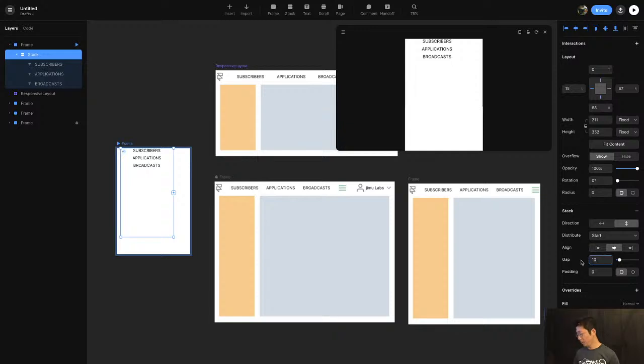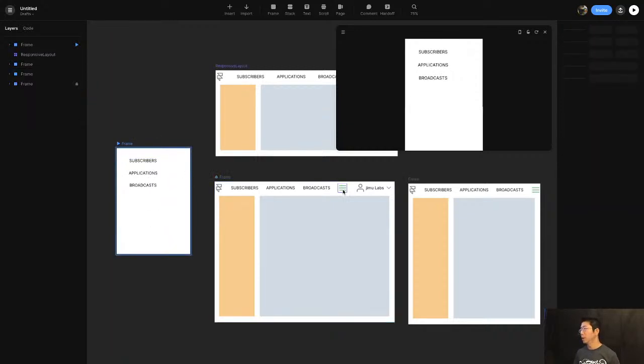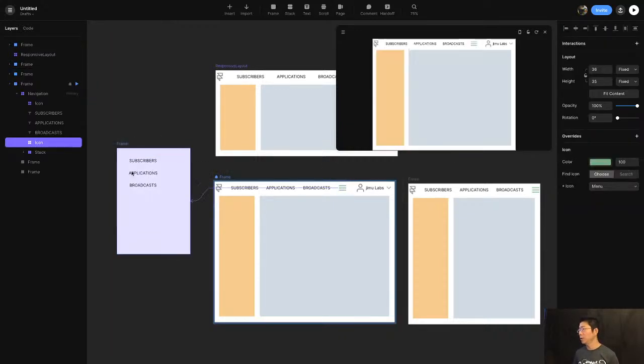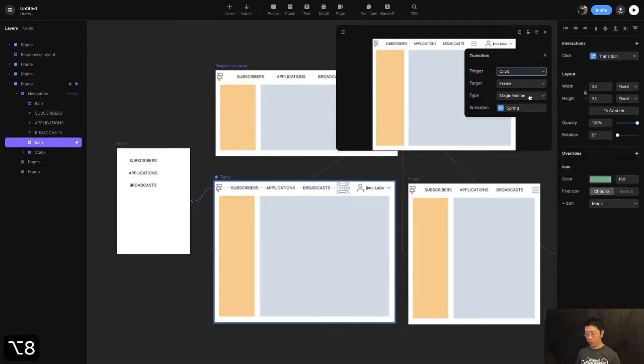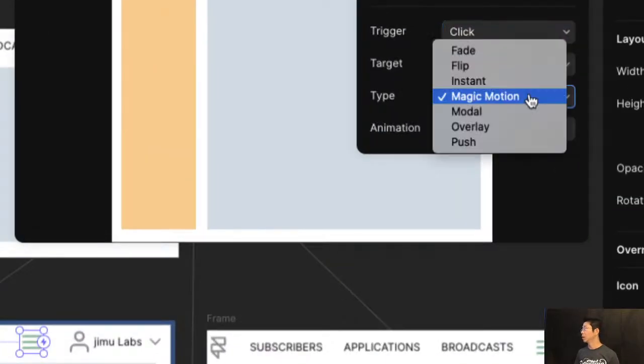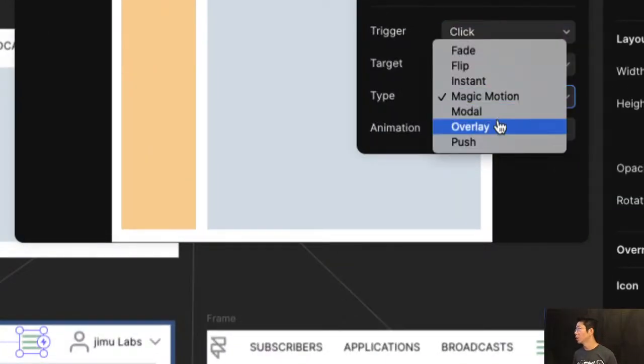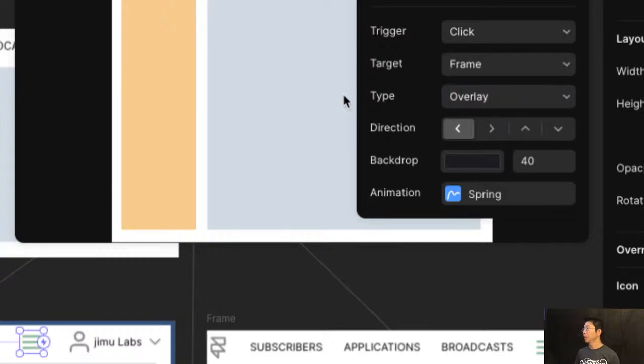And maybe use 30. Okay, let's pretend that's a created menu, and then we can connect to this guy and select click now, and over here in the transition, instead of magic motion, which is the default, we'll change it to overlay. Okay, so